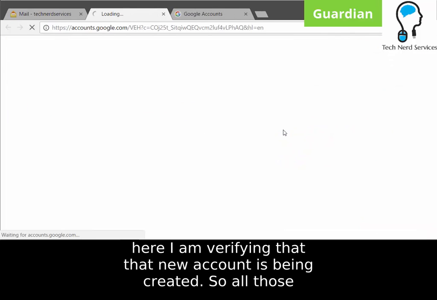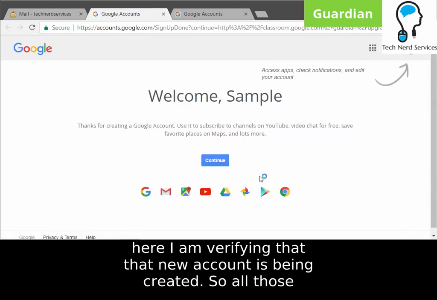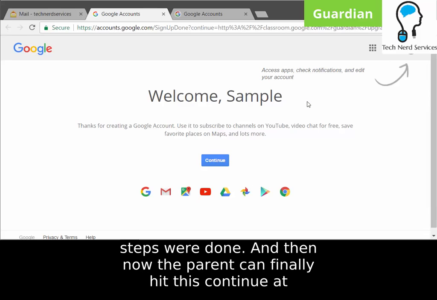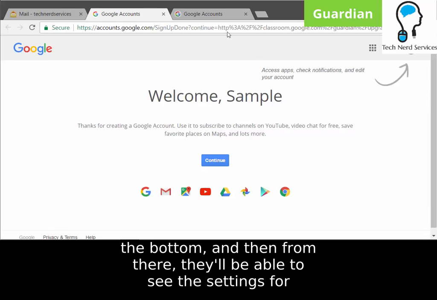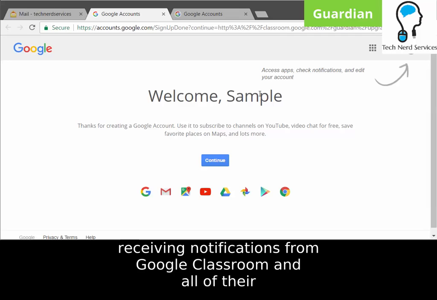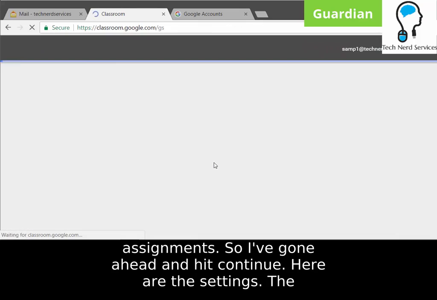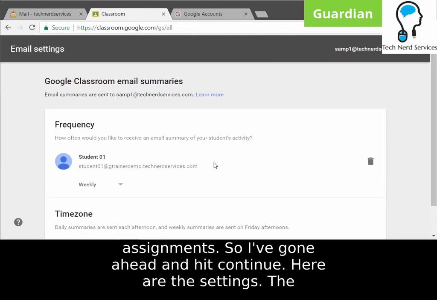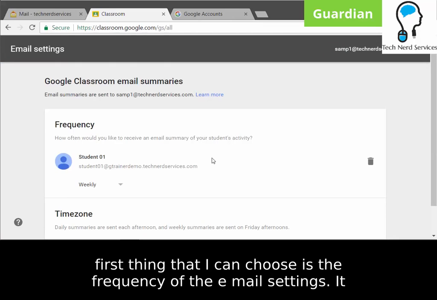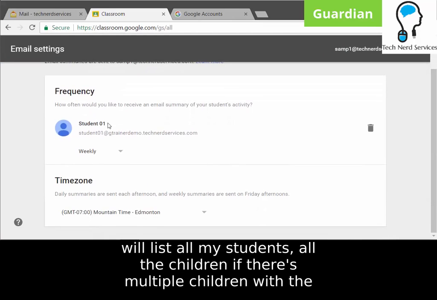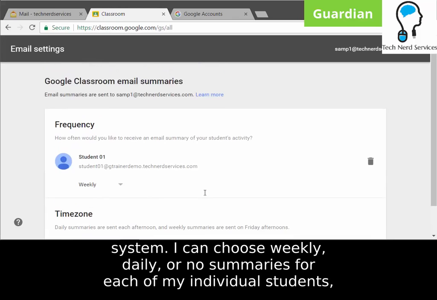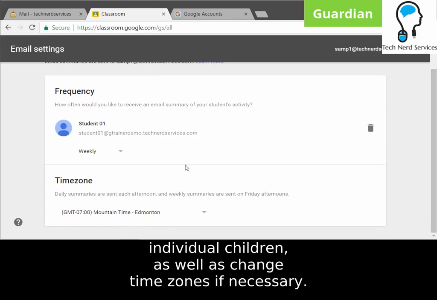Here I am verifying that the new account is being created. So all those steps were done, and now the parent can finally hit continue at the bottom. From there, they'll be able to see the settings for receiving notifications from Google Classroom and all their assignments. So I've gone ahead and hit continue. Here are the settings. The first thing that I can choose is the frequency of the email settings. It will list all my students, so all the children, if there are multiple children with the system. I can choose weekly, daily, or no summaries for each of my individual students, individual children,